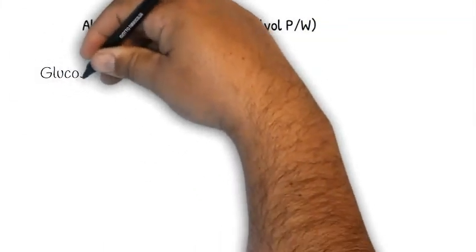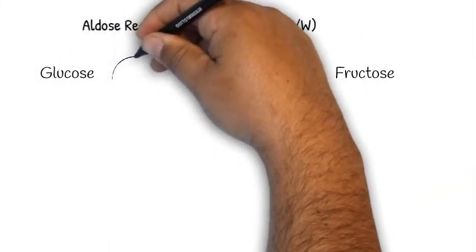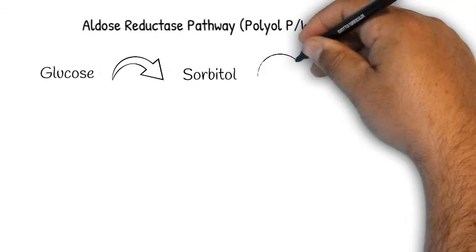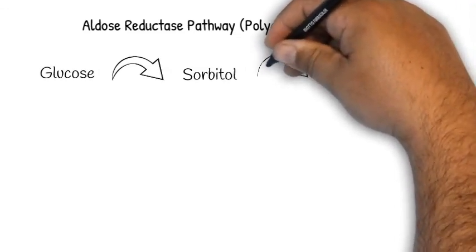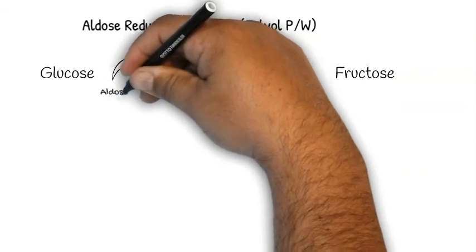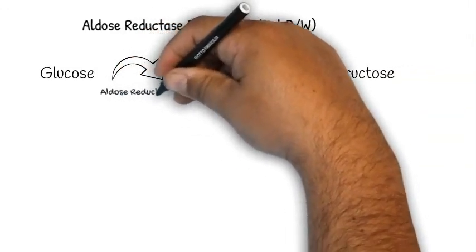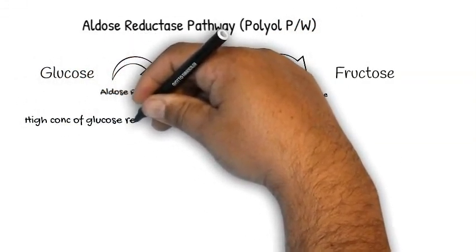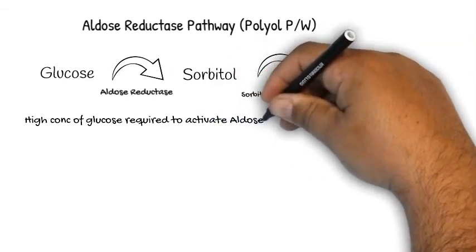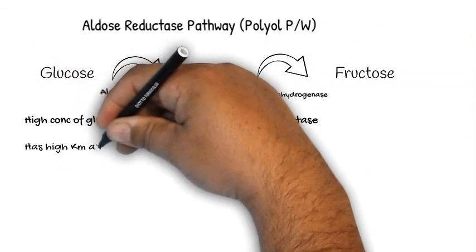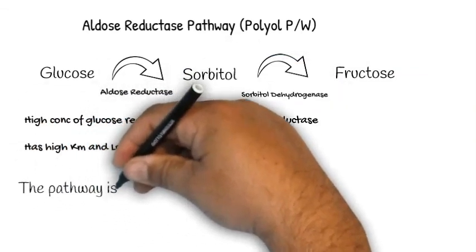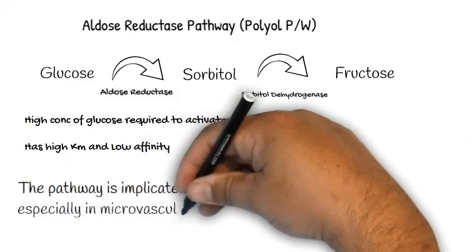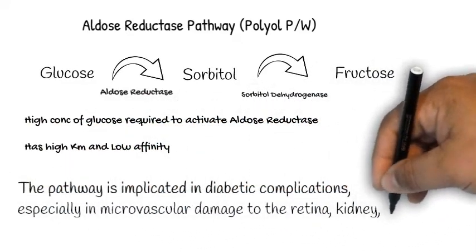This aldose reductase pathway, or the polyol pathway, is also very important. Remember that when glucose concentrations are very high, this activates the aldose reductase enzyme, which then converts glucose to sorbitol, which in turn is converted to fructose. And this enzyme, as I said, is activated in the presence of high levels of glucose. It has a high Km and low affinity for glucose, and it's implicated in a number of complications associated with diabetes, such as microvascular